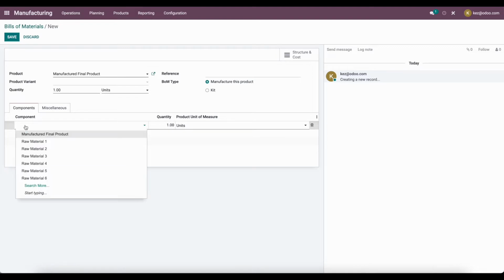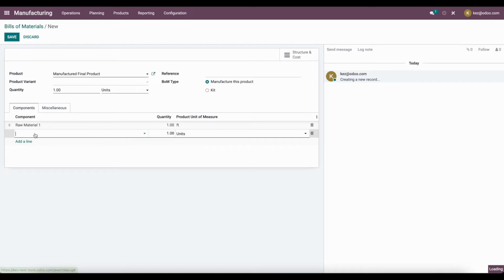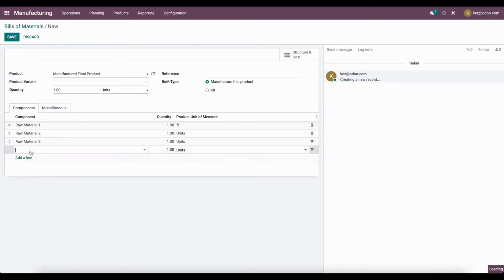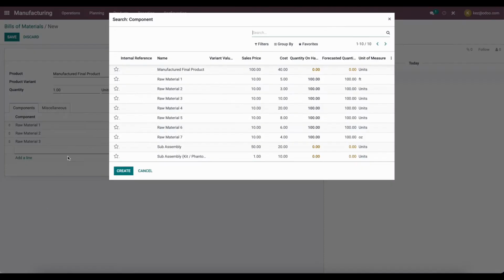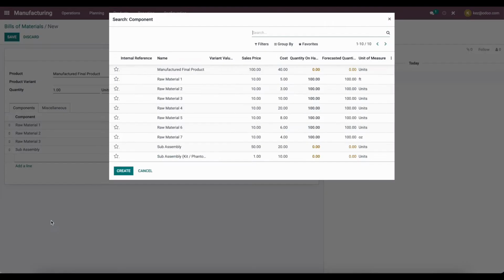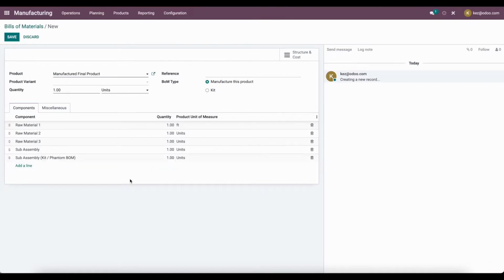So what we're going to do here is start adding our products. We'll select raw material 1, raw material 2, raw material 3, and then a couple more items. I'll have to search more for them. So we're going to put the subassembly, and we're going to put the subassembly kit. We can add different quantities if needed, but for now we'll just leave it very basic and we'll just put